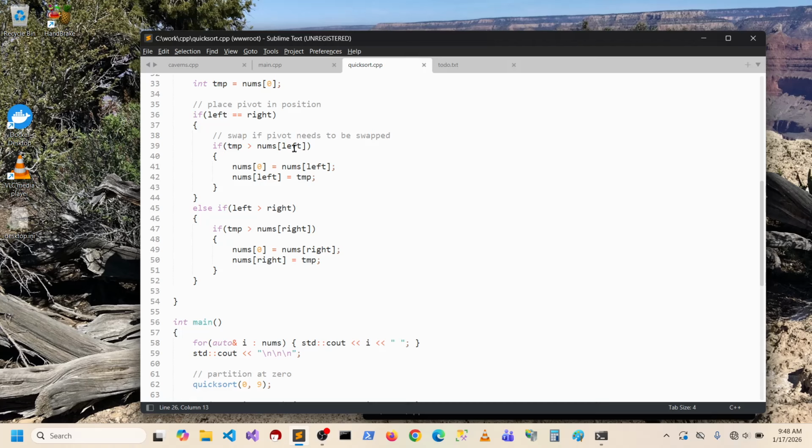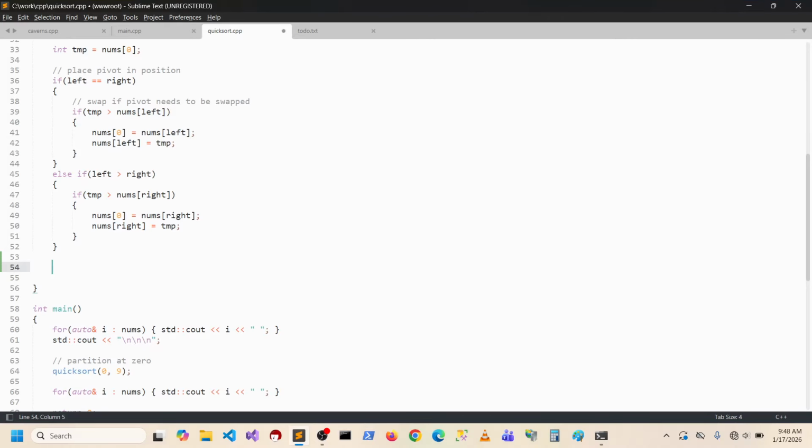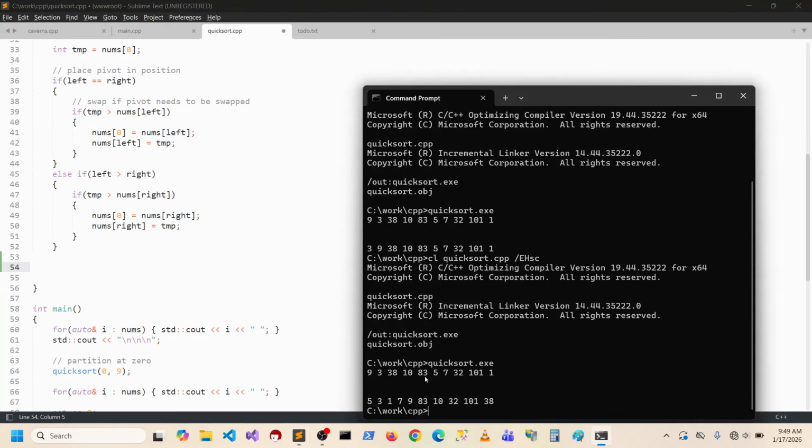And then the right side. Let me see this real quick. Oh, wait. Go ahead and make that bigger. So if we go here, this right here. So if we end up with this,